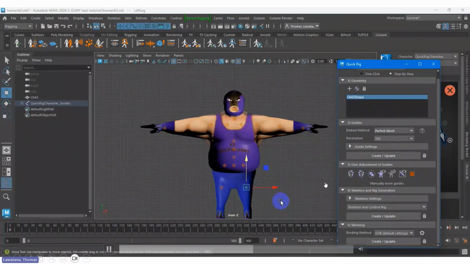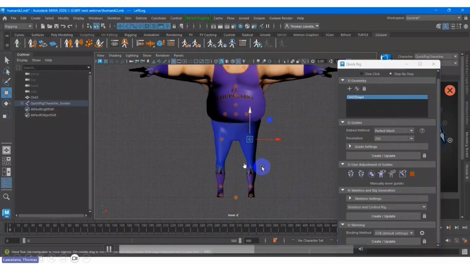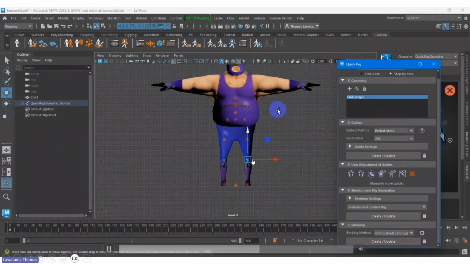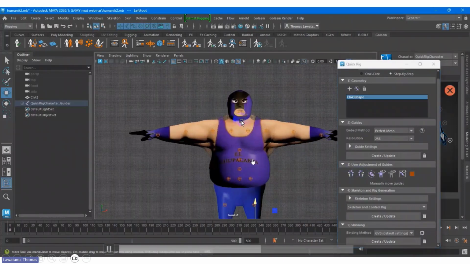This is the symmetry. With a symmetrical character it's easier, because everything is in the same position, but a custom character takes more effort. So I'm trying to arrange them one by one, like the torso part, head, hand, anything, one by one. That's why we need to do it precisely.